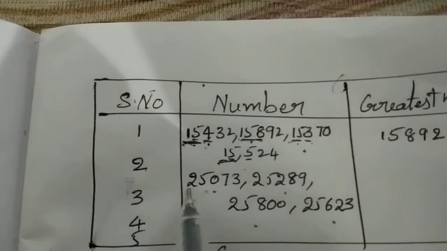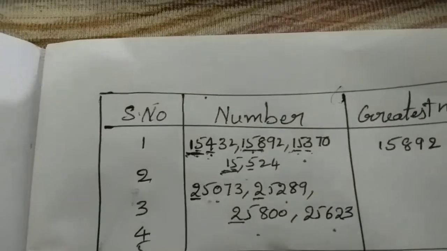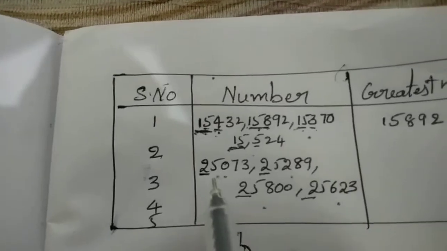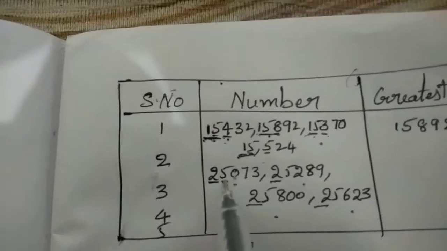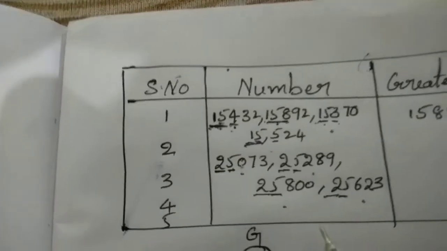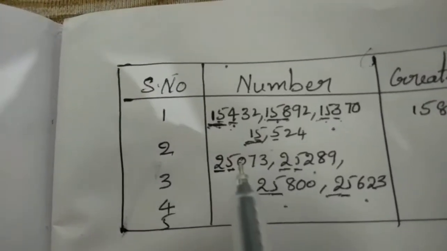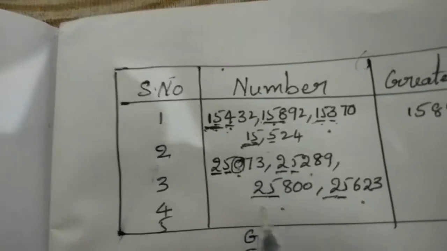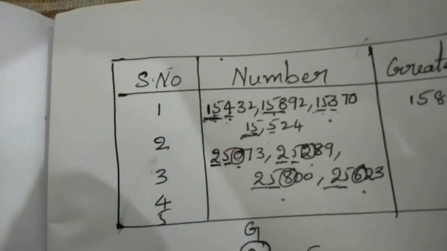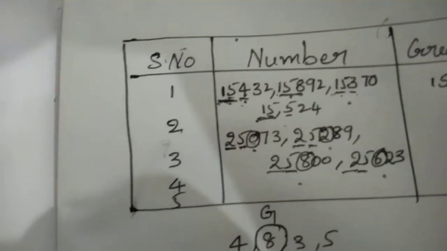Good. Now 10,000s. How many? 2. How many? 2. Here also 2. Here also 2. So all are having the same digit in the 10,000s place. Now go to the thousands place. 5,000, 5,000, 5,000, 5,000. Here also you are having 5,000 only. Now 1,000 and 10,000 are both similar, are they? So we will go to the hundreds place, that is 0, 2, 8, 6. Those digits we will take. Why? You are having different digits in the hundreds place. That I am noting down for you.